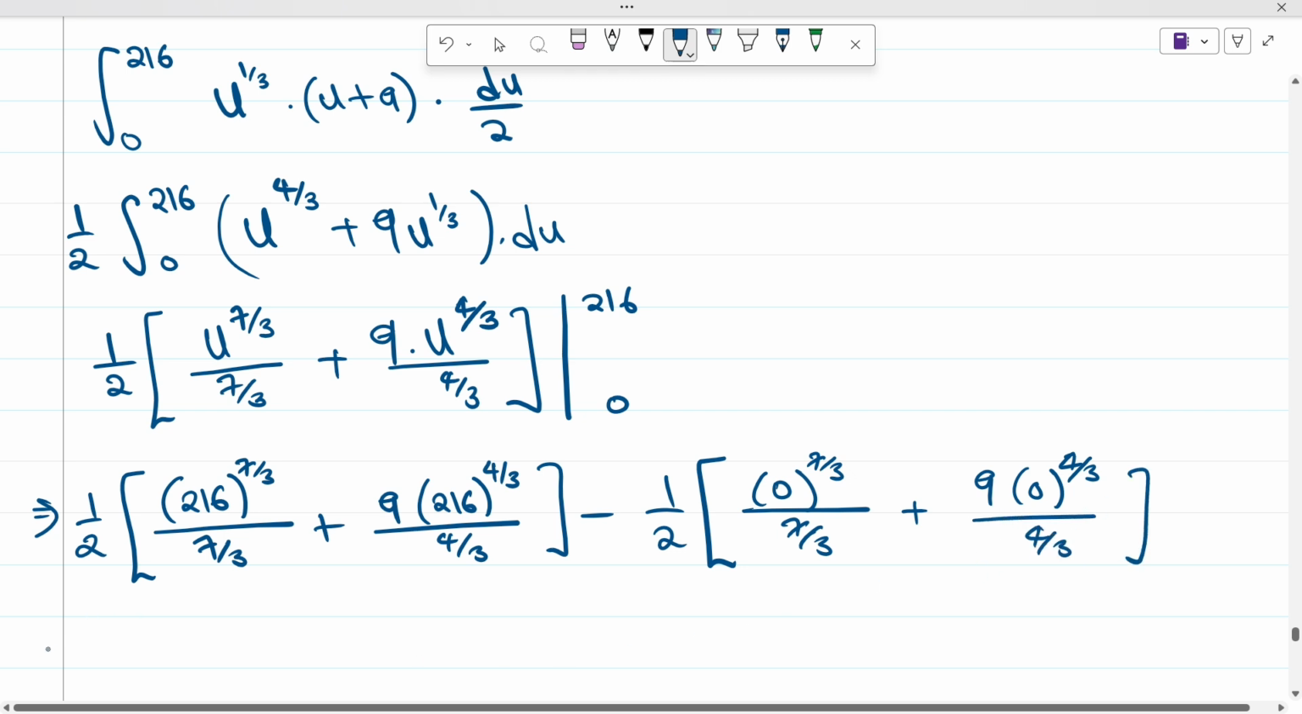Everything in the bracket will be 0. So we just need to punch this other side only. So it's going to be 0.5 multiplied by 216 to the power of 7 over 3 divided by 7 over 3, plus 9 into our u being 216 to the power of 4 over 3 divided by 4 over 3. You do that on your calculator, you should be able to get something like